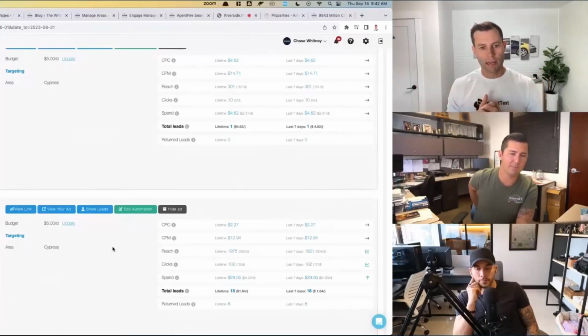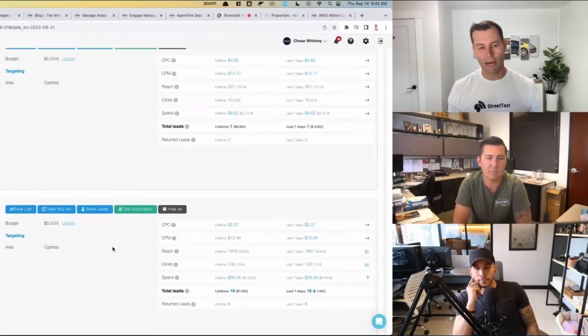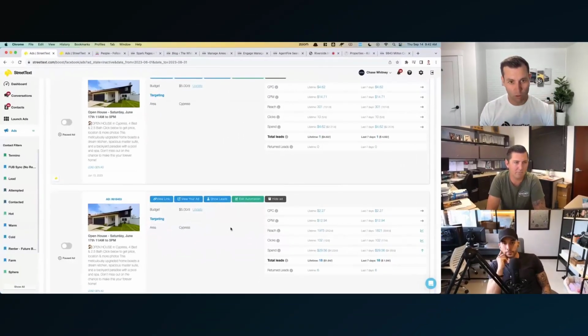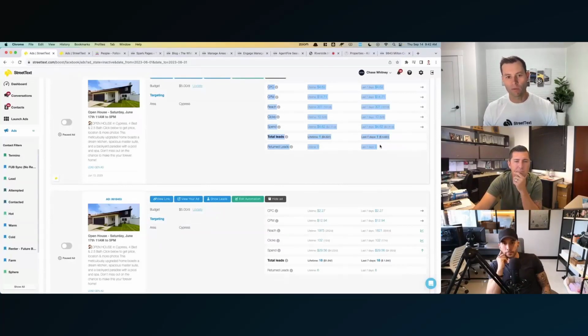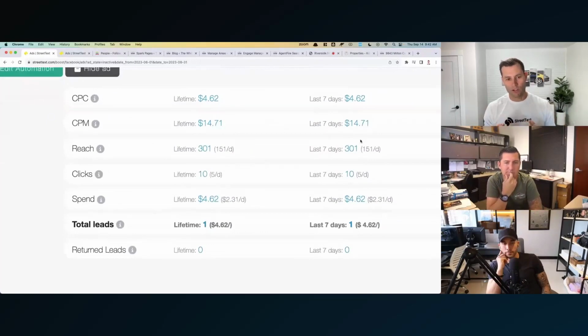Facebook is trying to find the right people for this particular ad. But the mistake a lot of agents make is that they launch one ad. Let's just say Chase had launched the first one only. Facebook found an audience, but they found them for about $4 a lead, let's say, in that particular case. But by almost $5. But by doing a split test with the exact same copy, the exact same image,